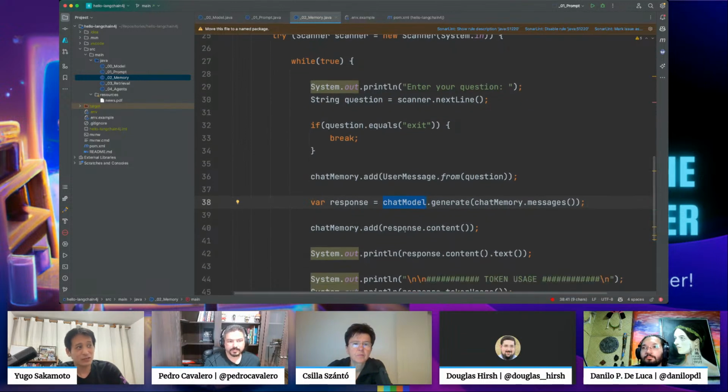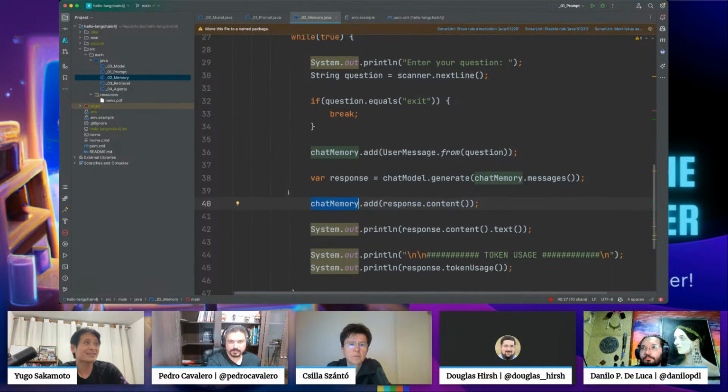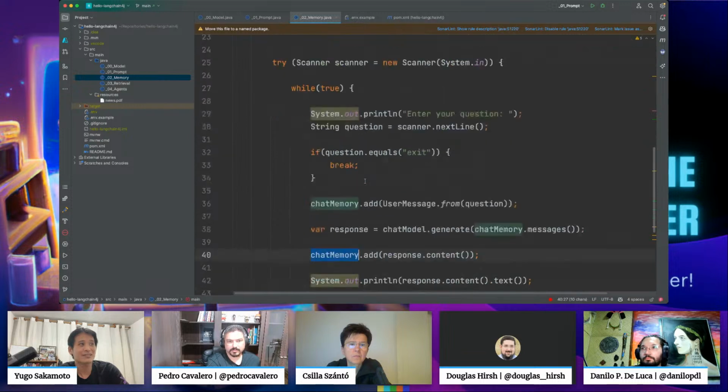And then print the response and add this response to the chat memory. So the next time that I run it, I do the next question, I add the new user message with the response given previously, and send the whole messages to the chatbot.